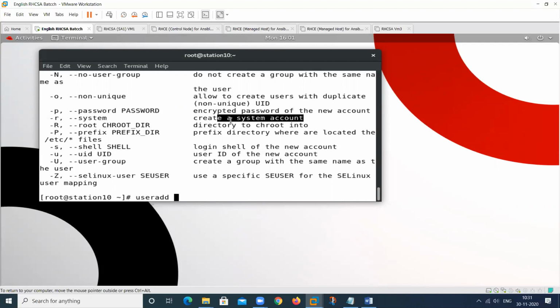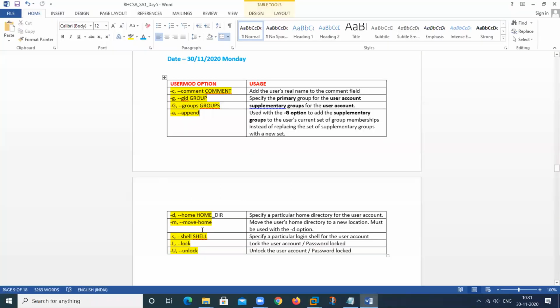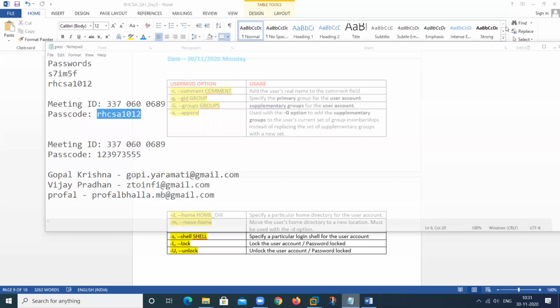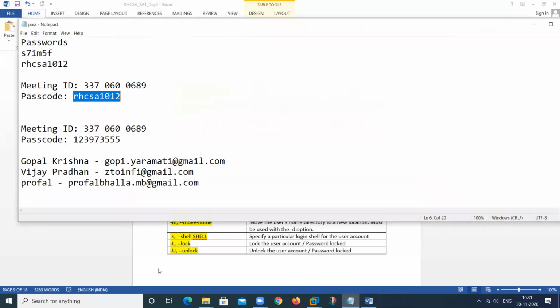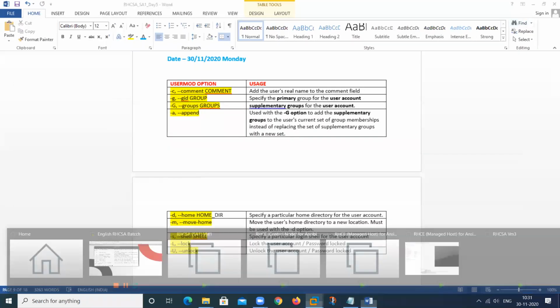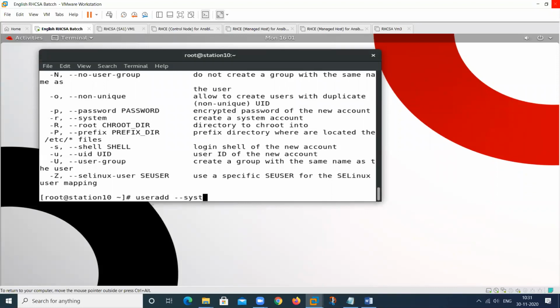For that particular service, you want to create a system account. So you can use this particular concept. I will show you. This one, --system, by using the long format, and I want to create user muser4.